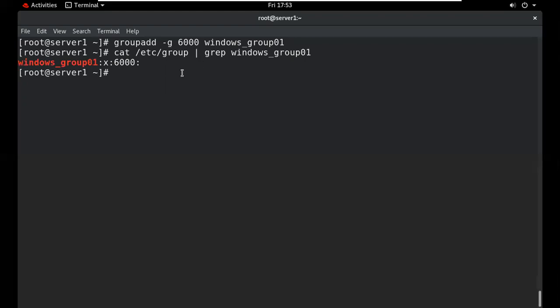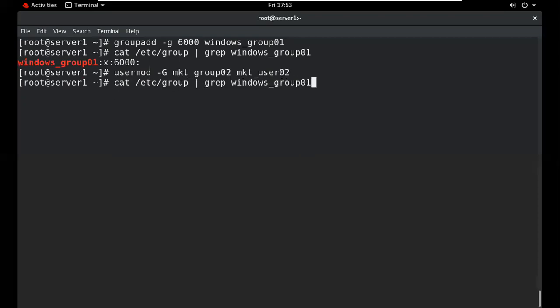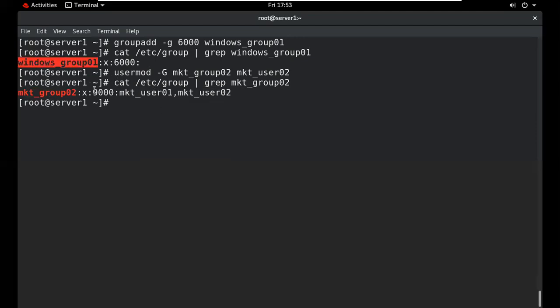At this time there is no user in this group, and we want to add a user. We have a user that is related to MKT group 2. This user is a member of this particular group, but we want to add this particular user to this group also.